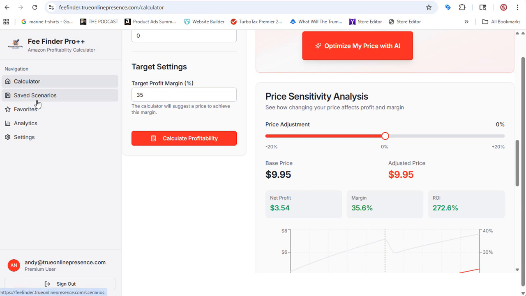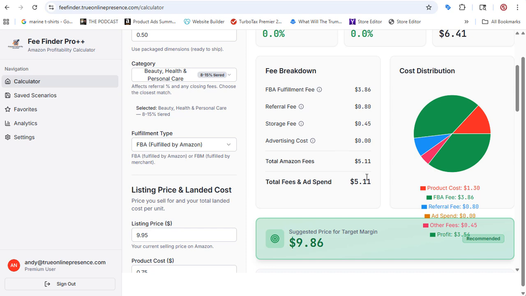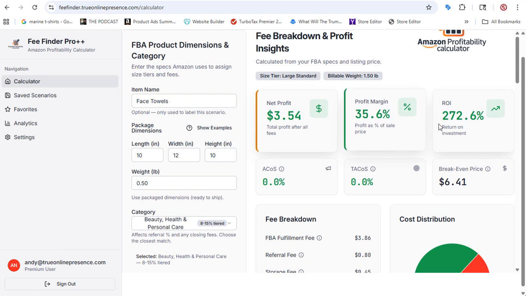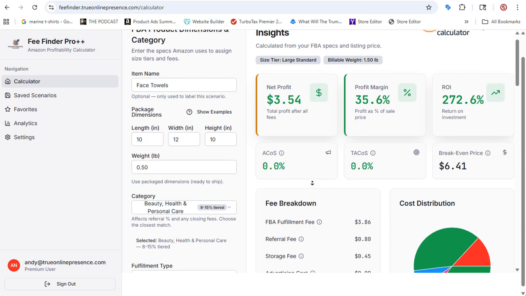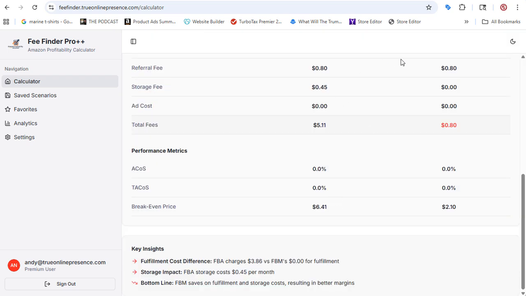It's in beta, and so you can use those completely free. You just have to go ahead and sign in and become a premium user, but it is in beta. But all of this is completely free to use. You can play with your pricing. You can figure out where you should be pricing, and then once you do it, you can compare your FBA